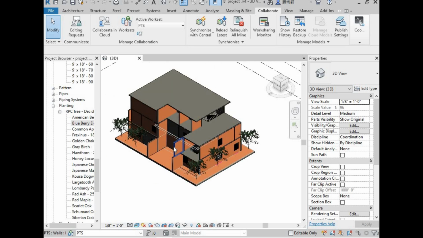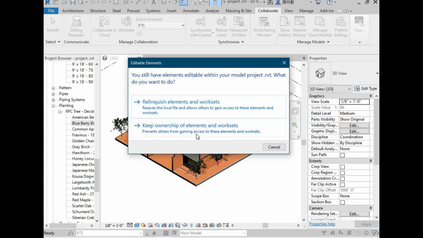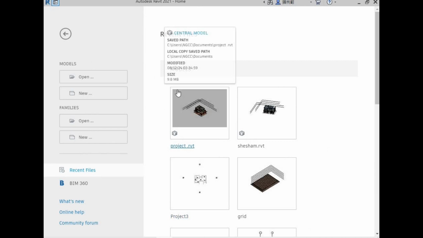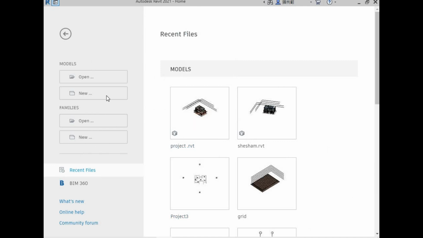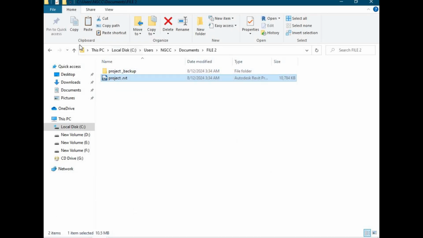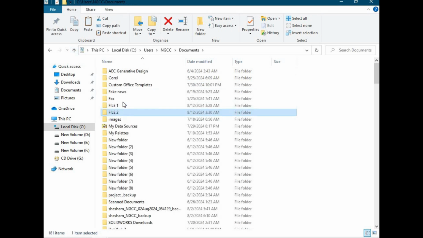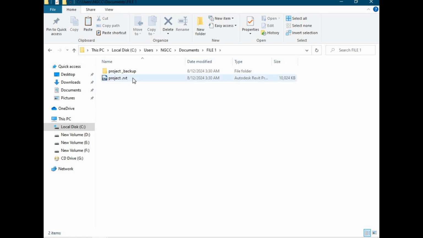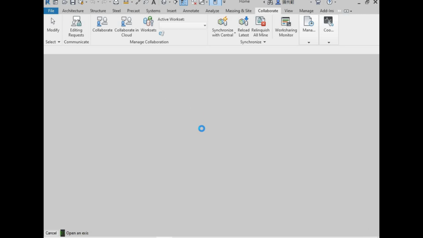So now I'm closing this, keep ownership of elements, and now I'm going to open the project file of folder 1. Let's just see whether the changes happen in file 1 or not. So here